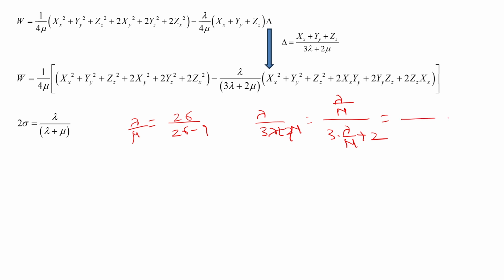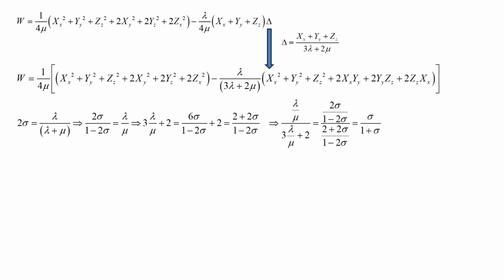Writing it like this and simplifying it, we get σ by (1 plus σ). So, this is the particular term for λ by (3λ plus 2μ),